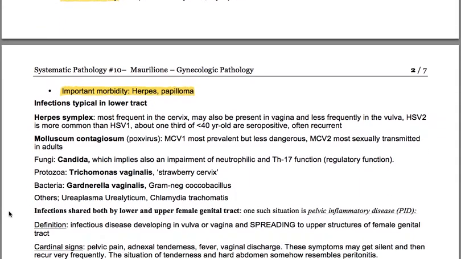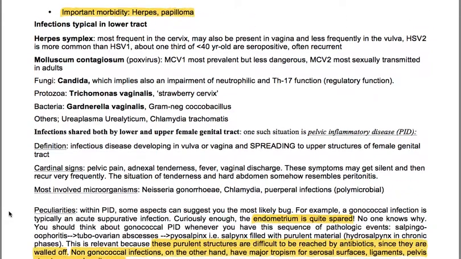The infections typical in the lower tract are herpes simplex, which is the most frequent in the cervix, but may also be present in vagina and less frequently in the vulva. HSV2 is more common than HSV1. About 1/3 of less than 40-year-old women are seropositive. They are often recurrent. Molluscum contagiosum is due to a pox virus,